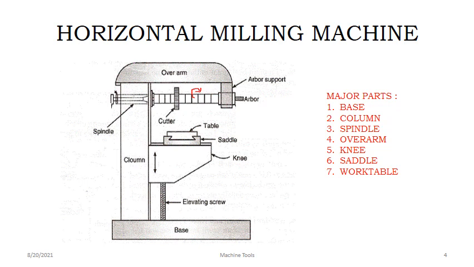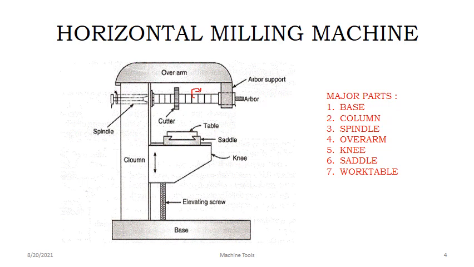Okay, clear this point. So in this working principle, we have the base, vertical column, spindle, overarm, and the arbor or rotating shaft, and the milling cutter. One end will be connected to the spindle, the other end will be connected to the yoke, and the yoke is connected to the overarm. Then the work table is there, saddle, knee table, and elevating screw. So these are the important parts of the horizontal milling machine: base, column, spindle, overarm, knee, saddle, work table.